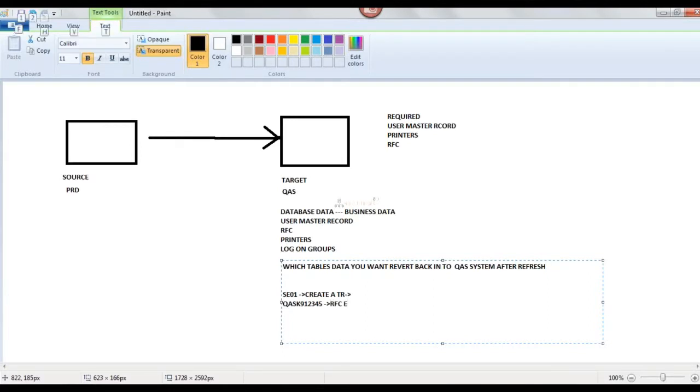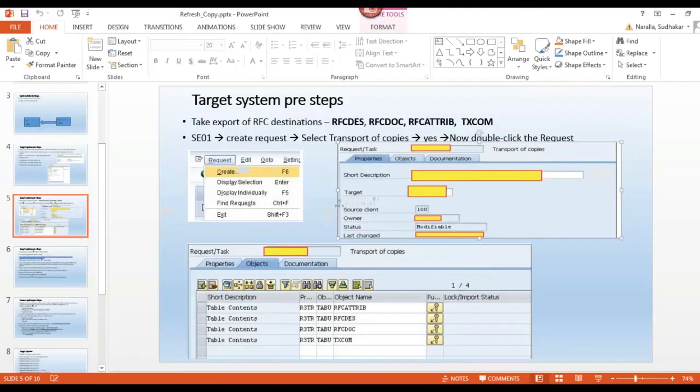RFC export, or RFC tables export, any description. And the target system is the same system. And the owner shows your user ID, the user ID through which you created the transport request. That user ID is the owner of my transport request.